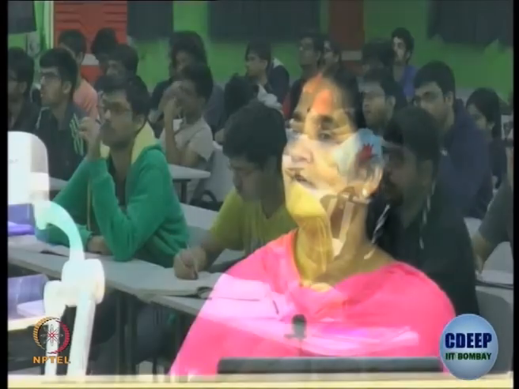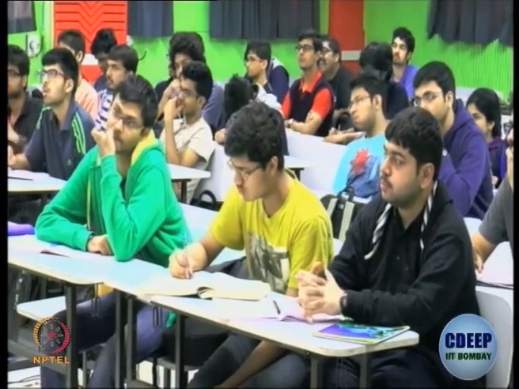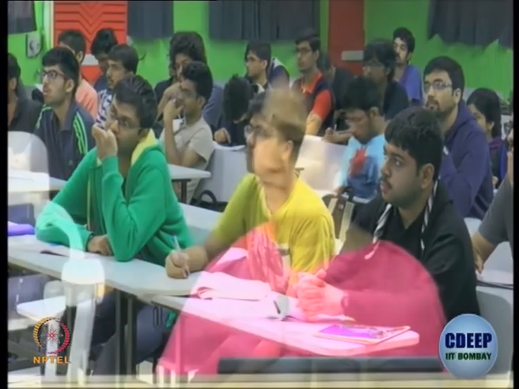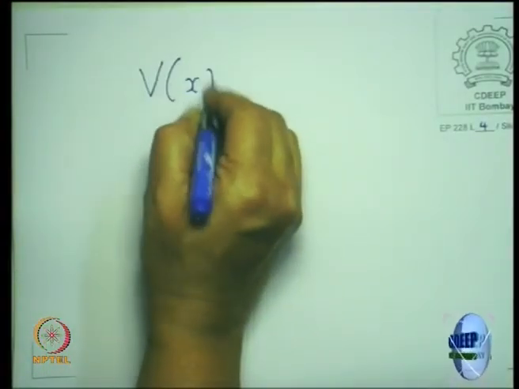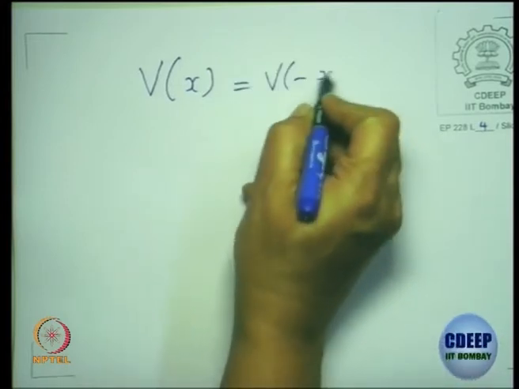But you already see something here. You get a power series which is even powers or a power series which is odd powers, either or, can't be both together. So it has some property. What is that property? One of the properties which we see is V of x is V of minus x,